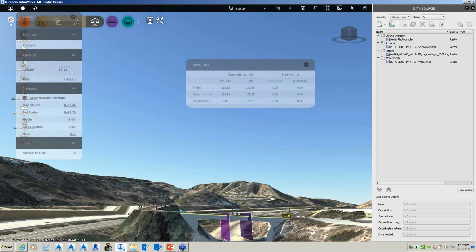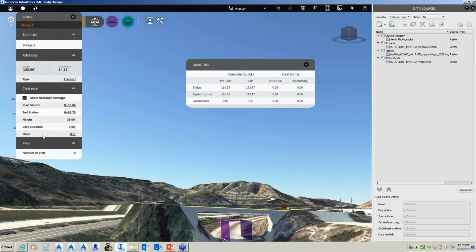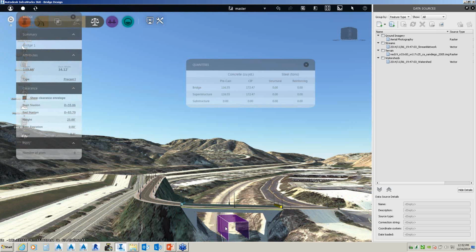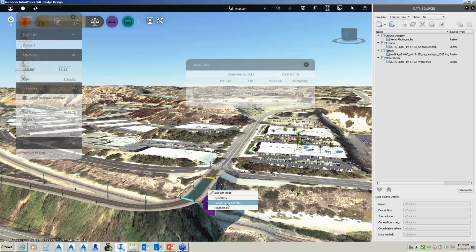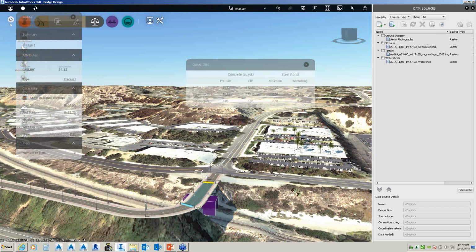So clearly I have a lot of flexibility in my bridge work. I'm going to come back and put that at 25. Something really quick. Then if I zoom in, I'm going to right click and say update vertical profile, and you'll see the grading change again. Something quick and simple.